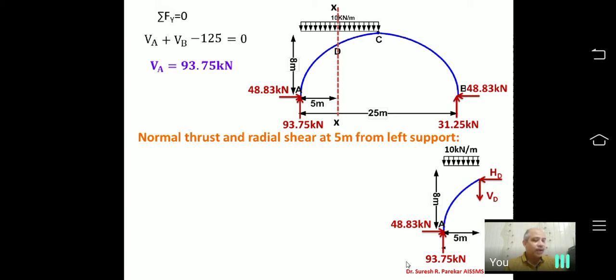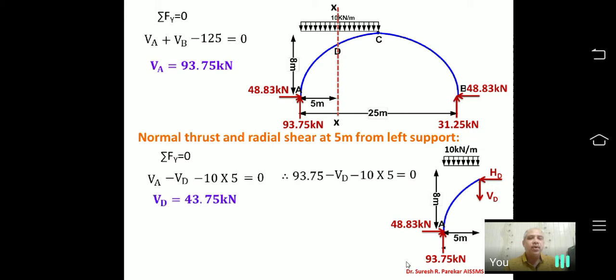So now we will go for this. So summation Fy we will apply first. So we have VA minus VD minus 50 equal to 0. And if we substitute value of VA in this, then I will get this value VD as 43.75 kilonewtons. Now I got value plus means whatever direction I have assumed, that direction of VD is correct. I need not require to change the direction and therefore it is advisable to give correct direction.